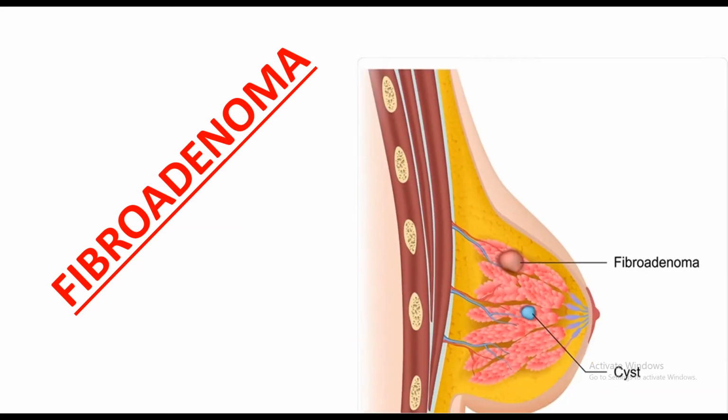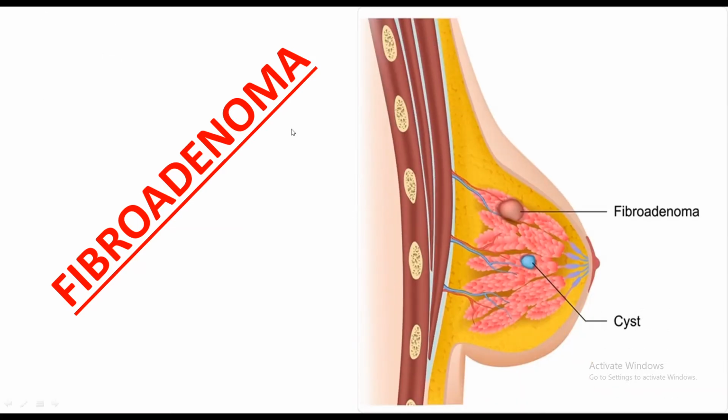Hello everyone. So this is the continuation of the lecture on benign breast disease, and we were left with the fibroadenoma, galactocele, and I also include one more topic, Phyllodes tumor, in addition to breast abscess. So let us continue with the lecture, and this is, you can see, a fibroadenoma which is having a clear cut